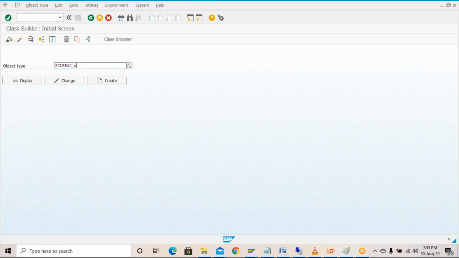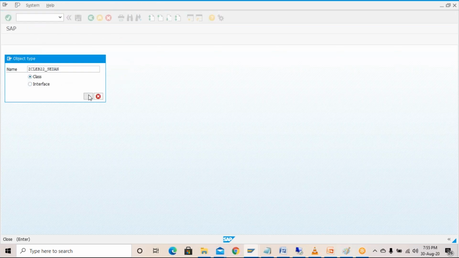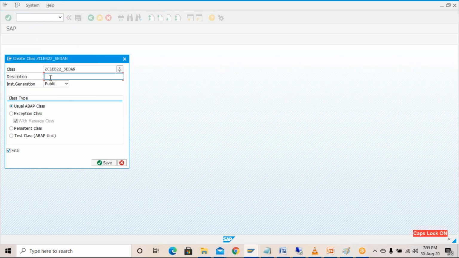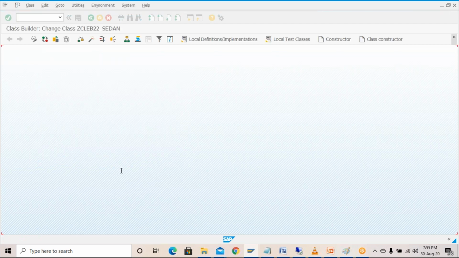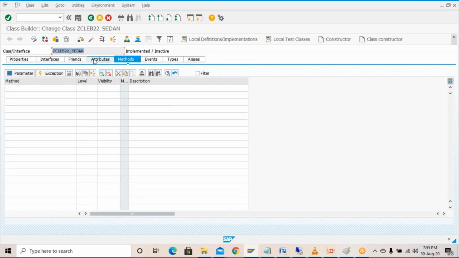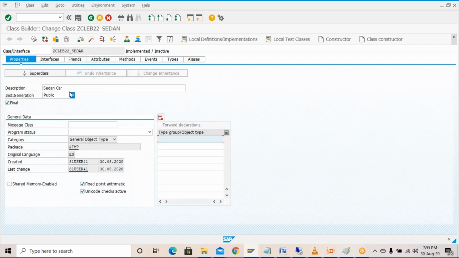Click on this create button and click on OK. Here we'll give some meaningful description, and this is the final class, so we can keep it final. Click on save local object. Sedan, I'm not going to inherit anymore, so I can keep it final. And here, under the super class, if you give that particular ZCL_car,